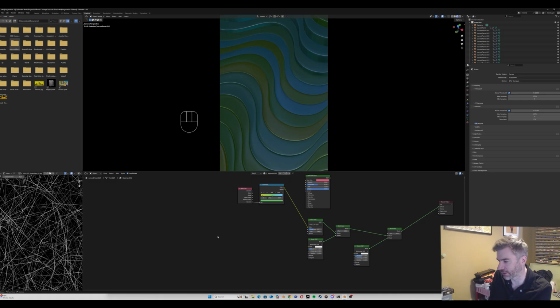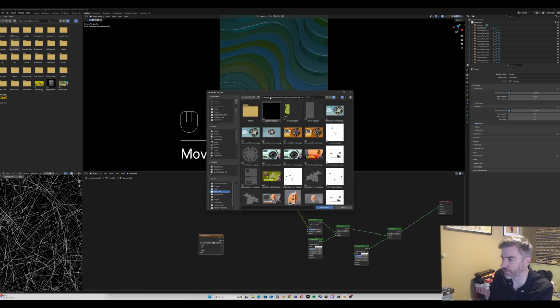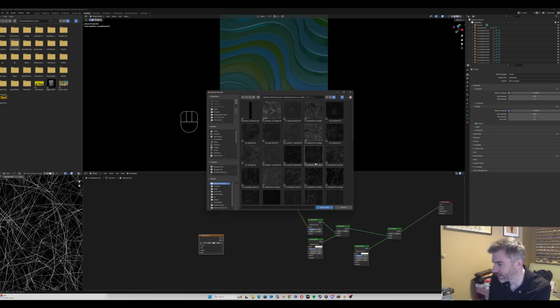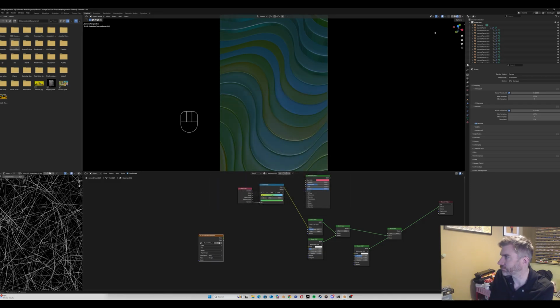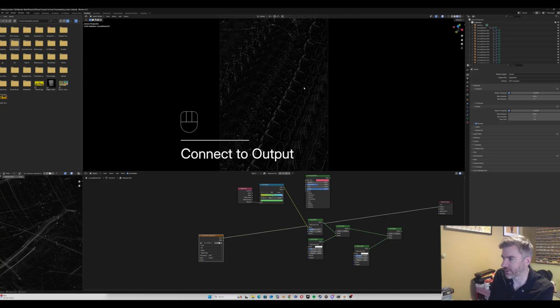So with Node Wrangler enabled, I'm going to hit Shift and A and add in an image texture. Now I will link you something in the description that I've made, but I've got a stack of textures that I use for different things. So let's go for scratches and deposits. And if I hit Control and Shift now, you'll see that we have this pattern that's replicated perfectly on everything,